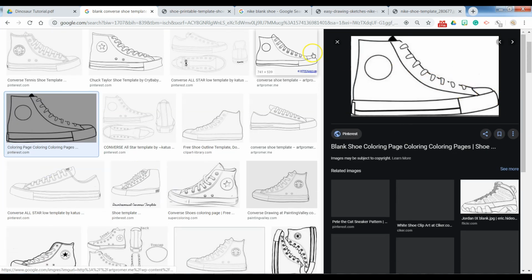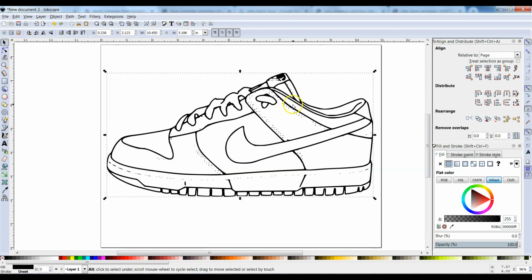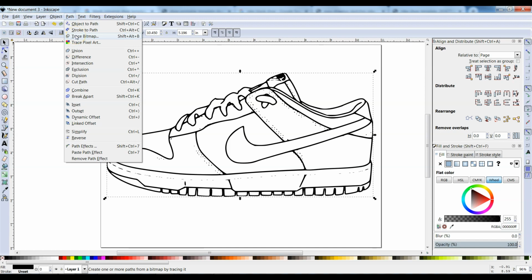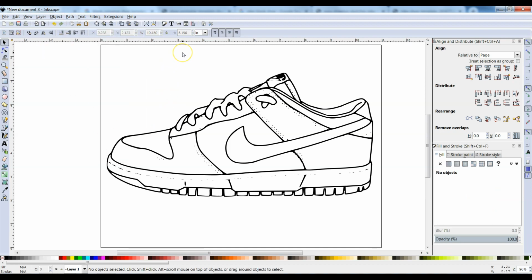Alright, so again, you're going to select your printable. It could be whatever blank shoe that you want, and you copy paste it. Then you do the path trace bitmap thing I just showed you. And then, using all of the skills that we've learned so far, we're going to decorate our shoe and make it